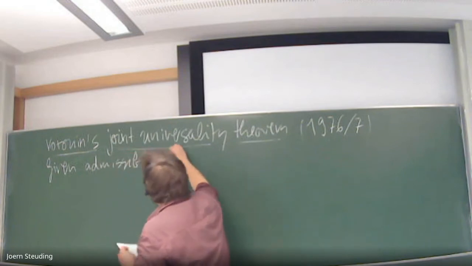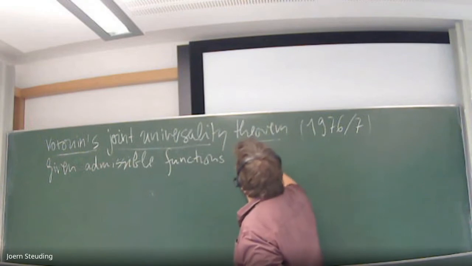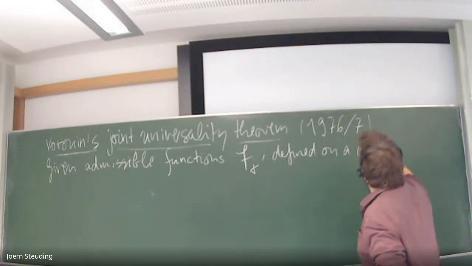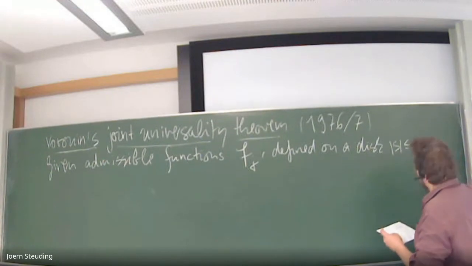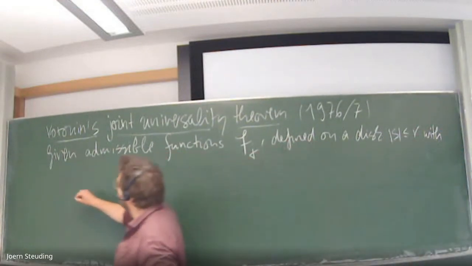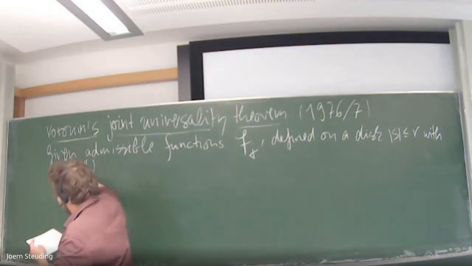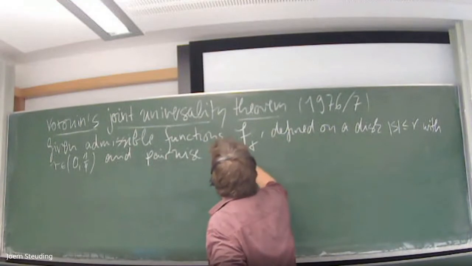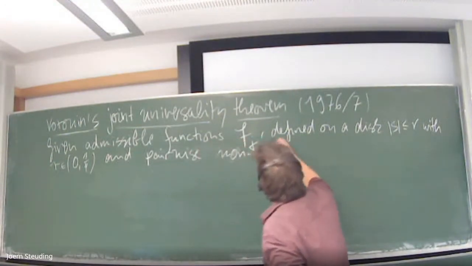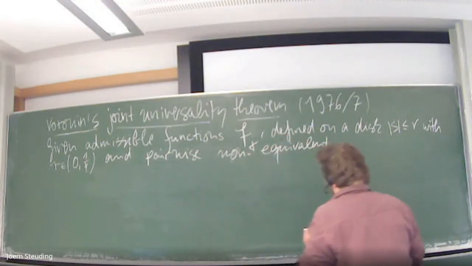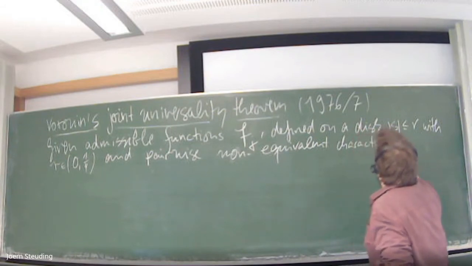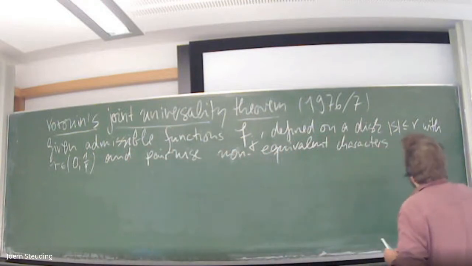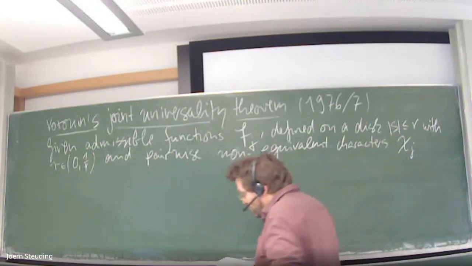And the very first result is the following, due to Voronin. Given admissible functions, let's say f_j, defined on a disk as before with sufficiently small radius r, so r is again between 0 and 1/4, and pairwise non-equivalent Dirichlet characters, so characters or group homomorphisms of the prime residue classes mod some positive integer, and let's say they are called chi_j, then